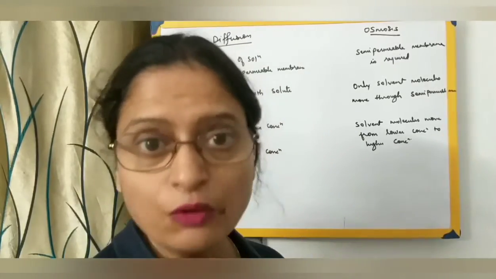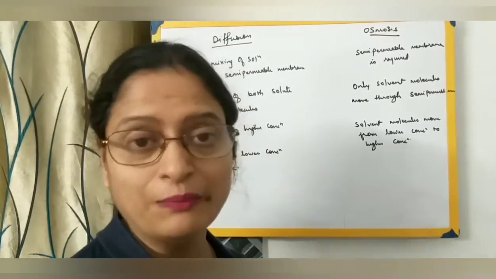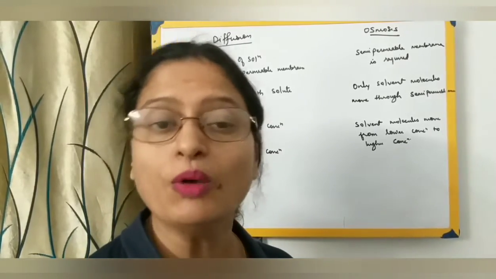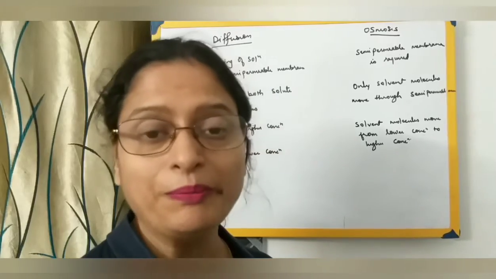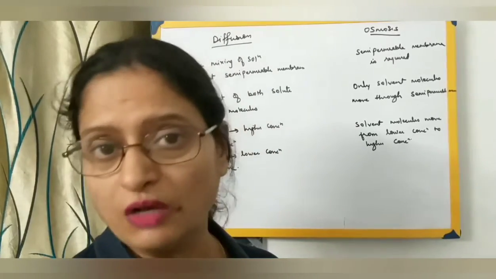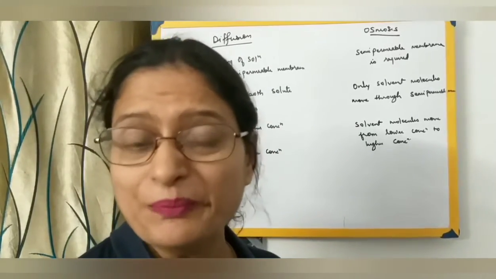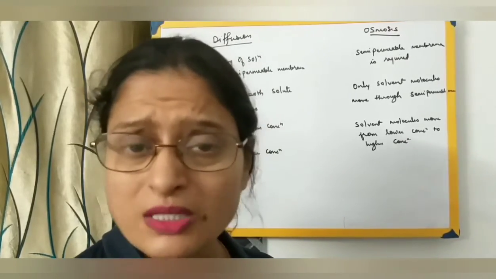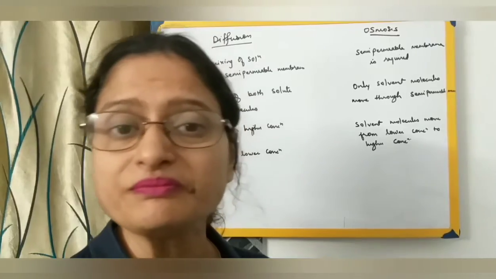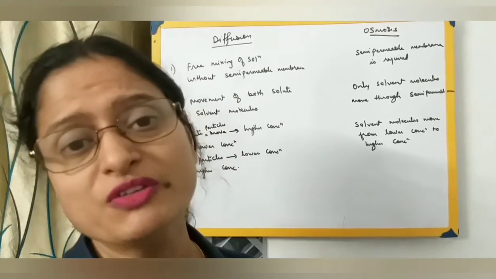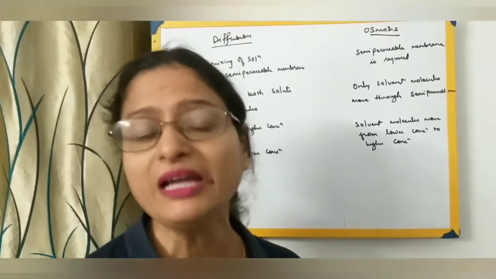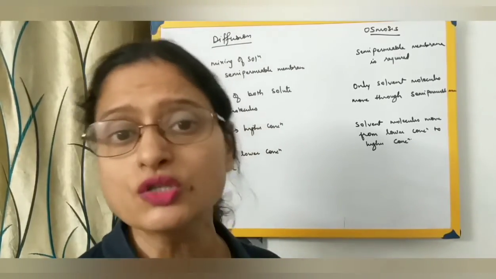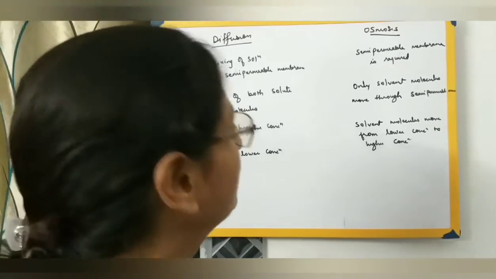Suppose only the distilled water is there, as I gave you the example some time back, and a solution of the higher concentration is there. So what will happen? It is the solvent particles which are moving. That means a liquid which has only the solvent, lower concentration, sorry, is moving towards a solution which has a higher concentration. Why does it have a higher concentration? Because along with the solvent, the solute particles are also there. So in this way, the movement takes place.